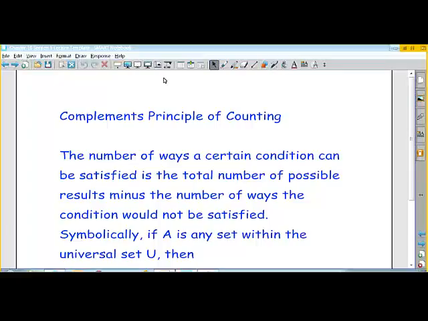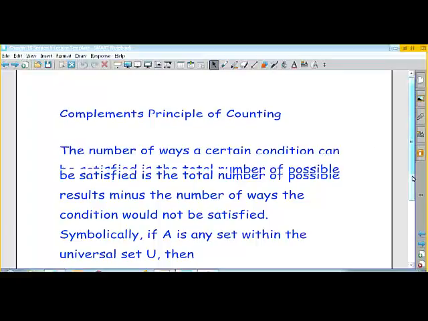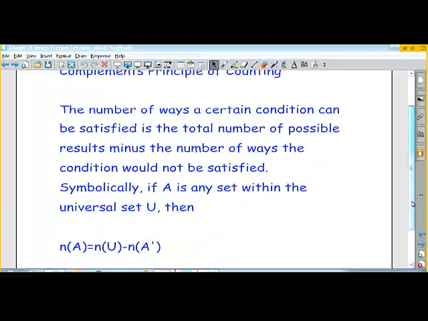Symbolically, if A is any set within the universal set, then, if you remember back to the first semester, don't worry if you didn't have the first semester. Remember, this was the number of elements in the set. We call that cardinality. So what it's saying is the number of elements in a set A is the number of elements in the universal set, which is the number of total choices, minus the number of elements that are not in the set. So that's how you do it from a set